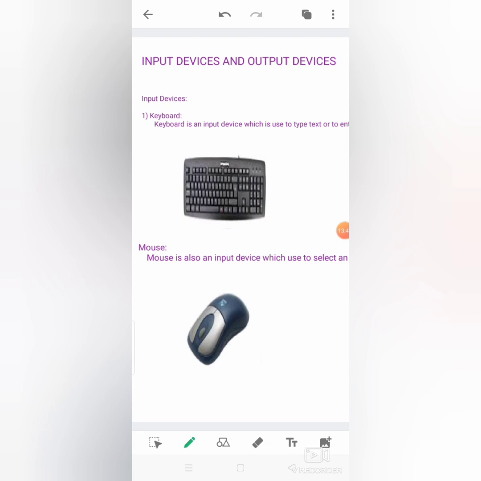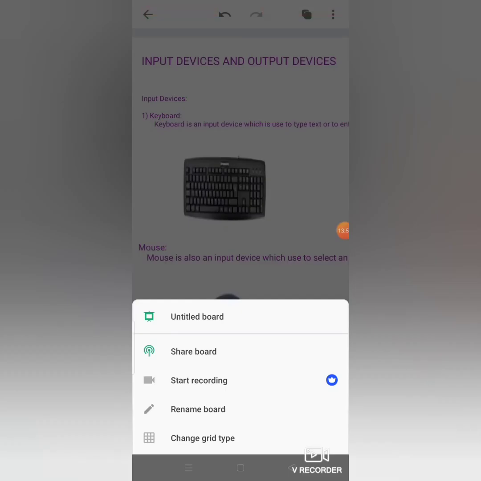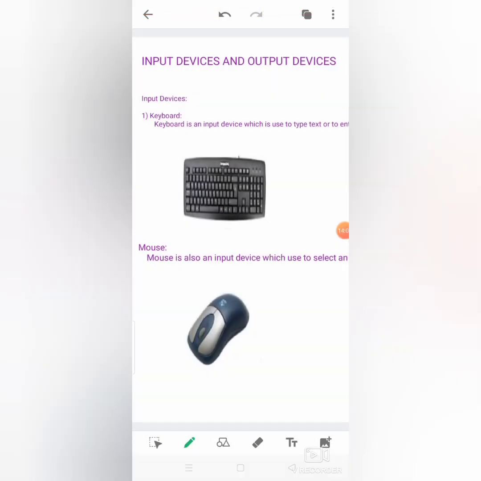Click on the three dots available on the top right side. Click on it and you have the option start recording. Click on it, it will start recording.